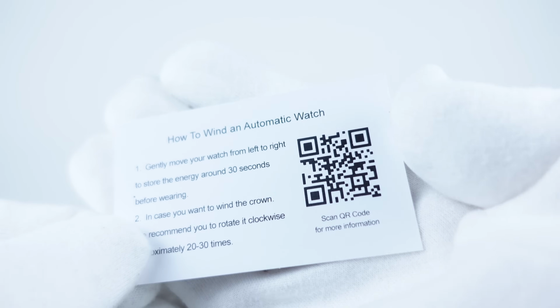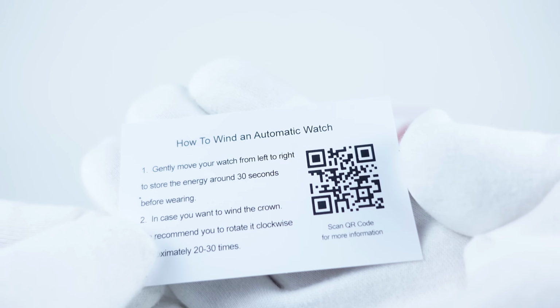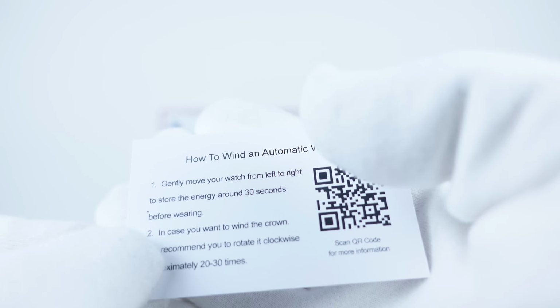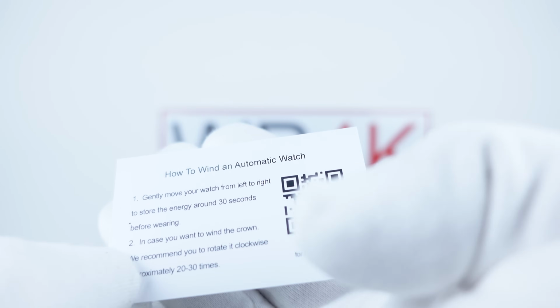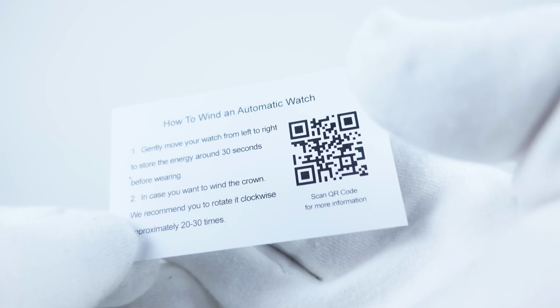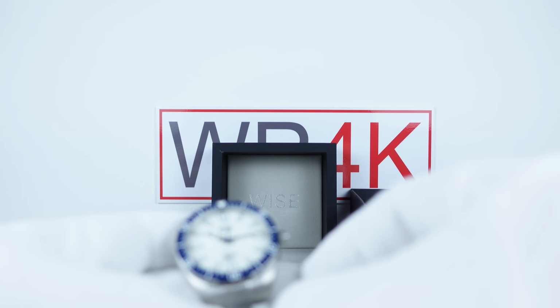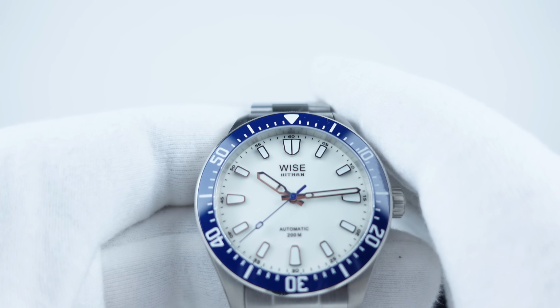Now lastly, there's also this card, which has a QR code which you can scan with your Android or iPhone to download the owner's instruction manual. Clear, concise diagrams. The instructions are in English and it details the operation of the movement used, which is the Seiko Caliber NH38A automatic. Also gives some basic setup instructions to start the watch. You shake the watch from left to right for 30 seconds, that will start it, and it also details that you need to manually wind it clockwise on the crown 20 to 30 times to get the watch started. This is good if you're unfamiliar with automatic calibers such as the NH38A. So good presentation, good quality accessories, and immediately one gets the impression that the Hitman HIT66-3R is a high quality